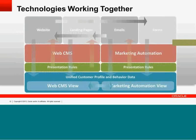So this is that point that I was making, which is how we bring these two together, is having the data flow between the web content management system and the marketing automation system. So between Sitecore and Eloqua, we have this almost back and forth of the data backend. Both of these systems have very robust databases. We bring the data together, mesh them together, and enrich the data by what the website's telling us, the metadata, the